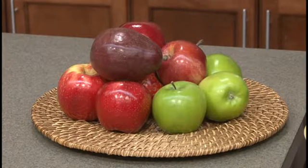Look at different varieties. Because it's not only, again, the color of the outer skin, but it's going to be the actual flavor that you experience when you're doing a special salad like this. Because you may have very sweet, you may have very sour, you may have a crisp, and you can vary all those textures. Just like we're doing with this salad, we've actually taken a Bartlett pear, but we've used a red Bartlett pear, and then we've used a Granny Smith apple, which is a very tart apple that's often used